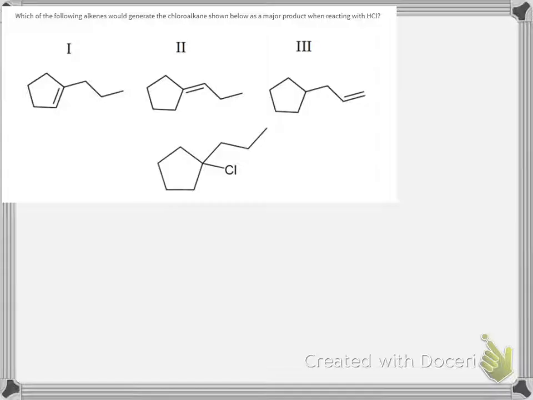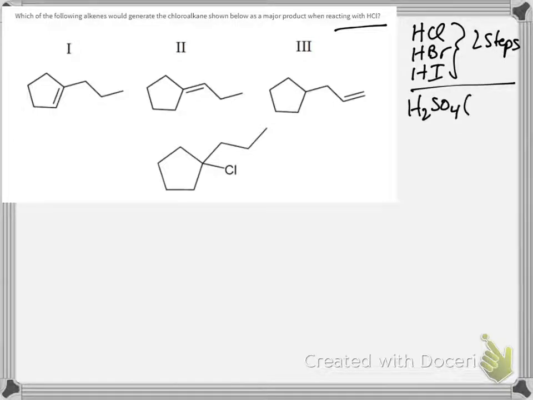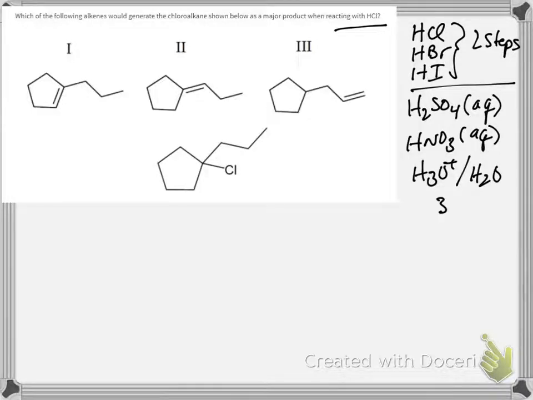Here we have a product, and we're asked which one of the reactants, 1, 2, or 3, with HCl will produce the product. One thing we have to keep in mind is that the three acids will react here with the alkene, the double bond, in 2 steps. We also have the sulfuric aqueous, nitric aqueous, or just H3O, H2O, and this will react in 2 steps with